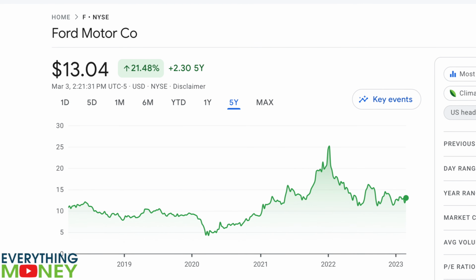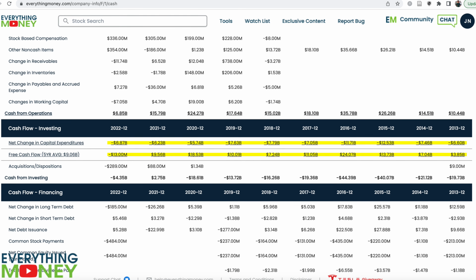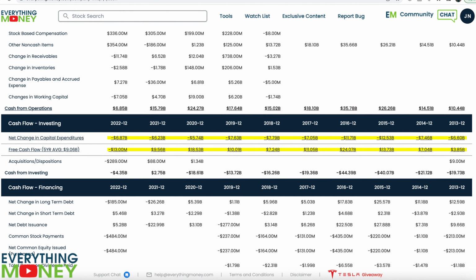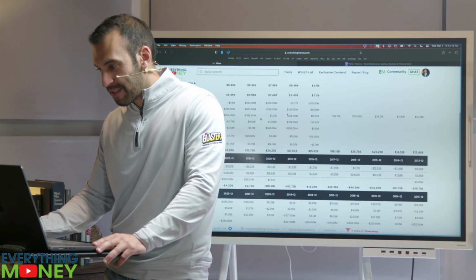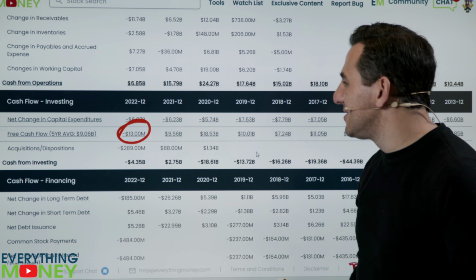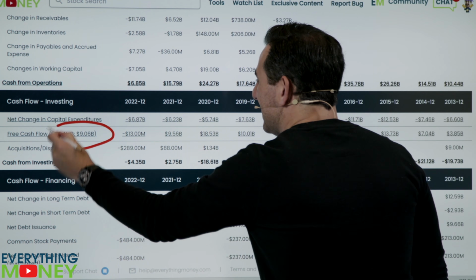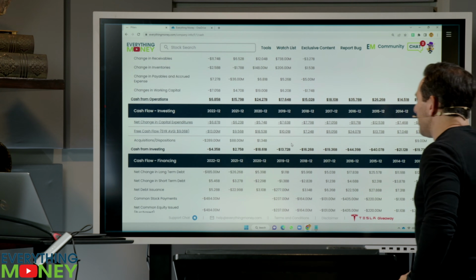Oh boy. Oh boy, I don't know what to expect. That's why I'm saying oh boy. Okay. Well, actually, look at this. Interesting. Okay. It's not as bad as I thought. But look how inconsistent it is. Very inconsistent. Yeah, it's all over. Some years are in the 20s, some years are in the negatives. Yeah, but barely in the negative. $13 million, that's like basically break even. Their 5-year average is $9 billion. Okay. So it's not as bad as I thought it was going to be.